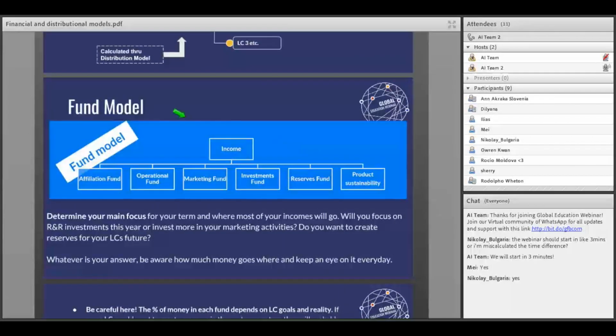Now, I'm going to briefly talk about the concept of a fund model. This is where the income is going to be divided into different sources of expenses. So this is almost the same concept as the financial model and distribution model, the only difference is that we're going to tackle the different types of expenses. So within the LC, for most LCs, this is going to be more relevant in a sense that once the